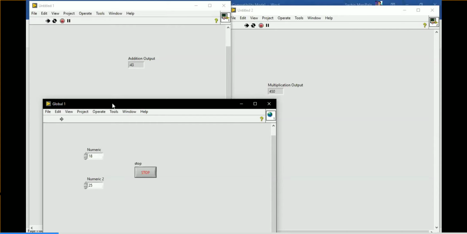Okay, simple. I don't know where you are going to use this global variable and all, but try to know how to make use of this global variable. Because if you are supposed to run two VIs simultaneously, in a rare worst case situation you are going to run the two VIs over there. So think about that and then do the problem. In most scenarios we are not going to run two VIs over there, so think about that and make use of the global variable.